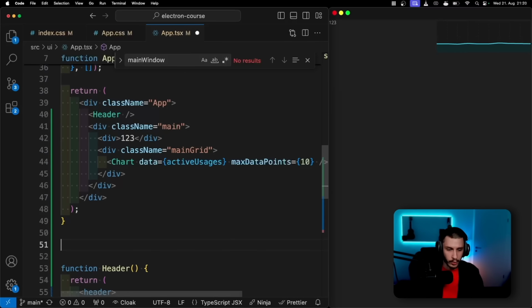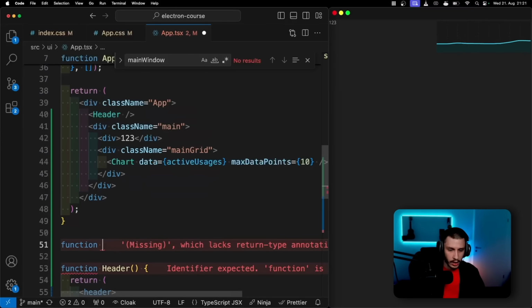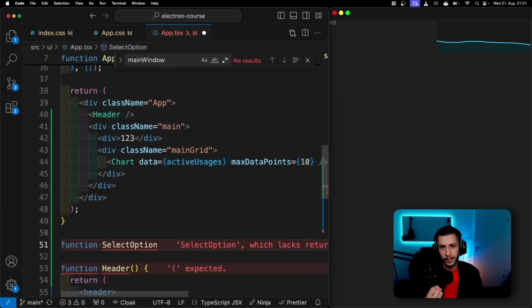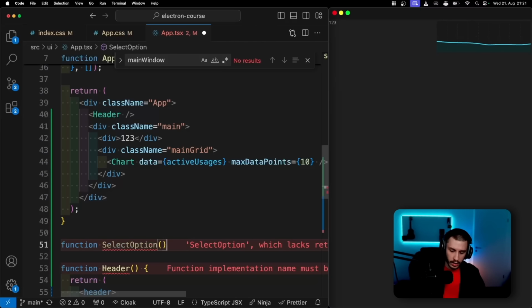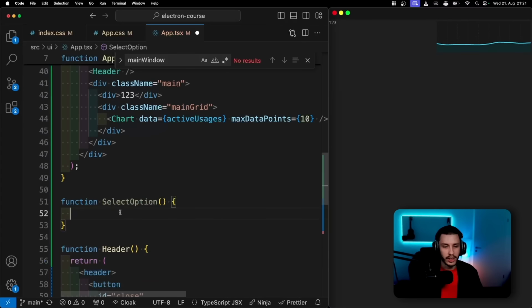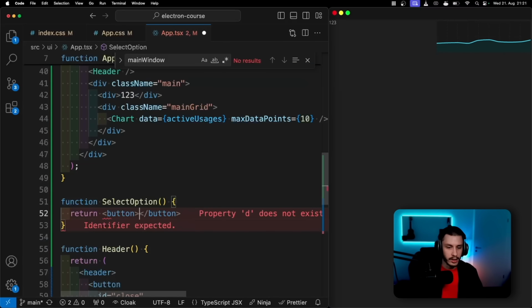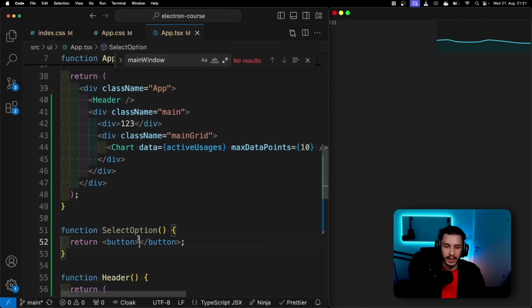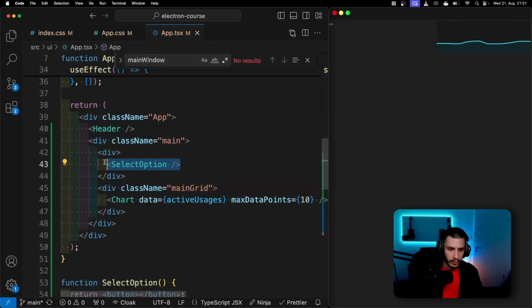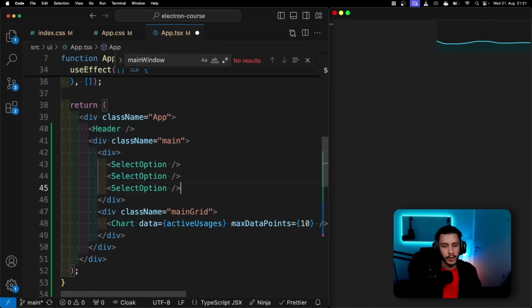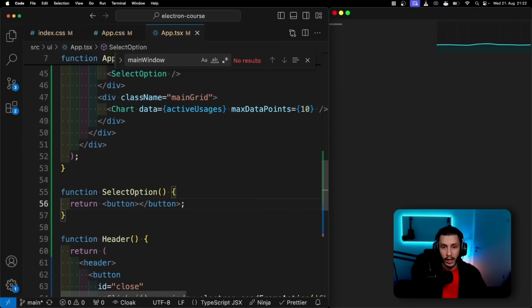And for that, we'll create a new little function component, which is going to be a select option, because we of course want to select between the CPU, the RAM and the storage. So we'll structure this outside of here just so it's easier to work with. And it will return a little button, because it's going to be clickable, so a button makes sense. And we'll render multiple of those because we're going to have a CPU, a RAM and a storage button. And for now, we'll just put lorem ipsum in here just so these buttons have some